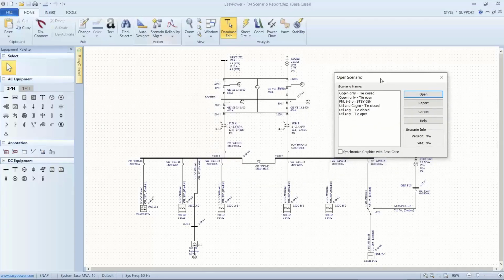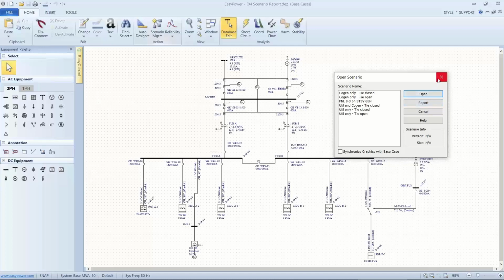Well, the one thing it doesn't show is both systems online and the tiebreaker closed. Now that may be something that the company agreed not to do or not to operate in, but the fact is it may produce a worst case situation for my whole system, and it may be something I alert the client to, particularly if this is an older